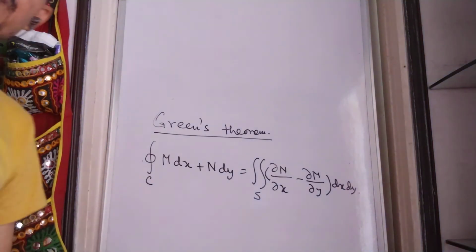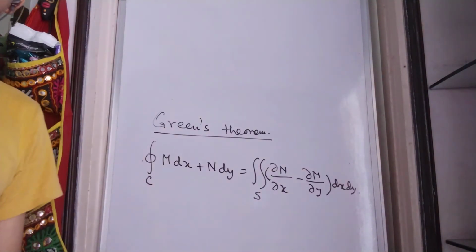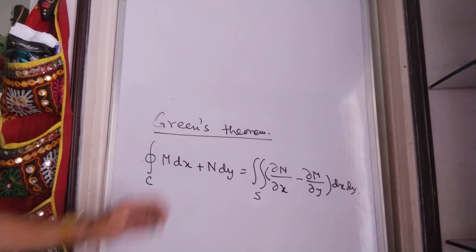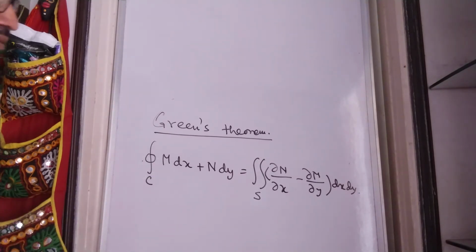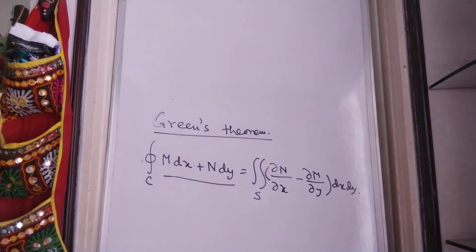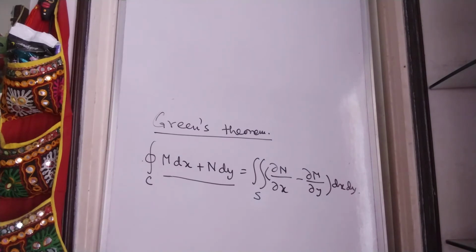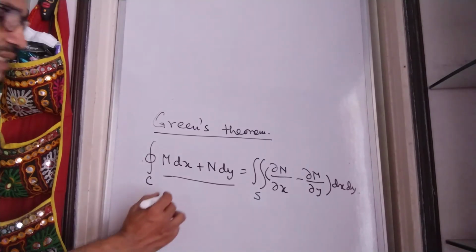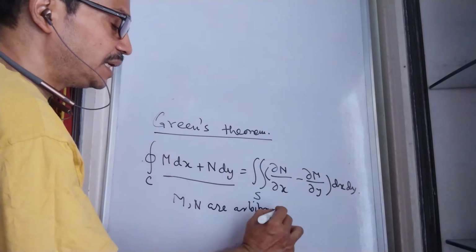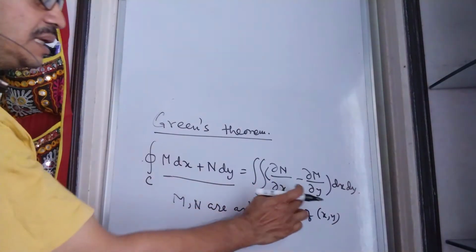So what about these vector integral theorems? They have actually originated from the requirements of mathematical physics, different engineering requirements and all that. Here just take a pensive look. This is actually a differential equation, and this differential equation is exact whenever we have del M del y equal to del N del x. M and N are arbitrary functions of x and y both. So whenever they are equal, this is exact,